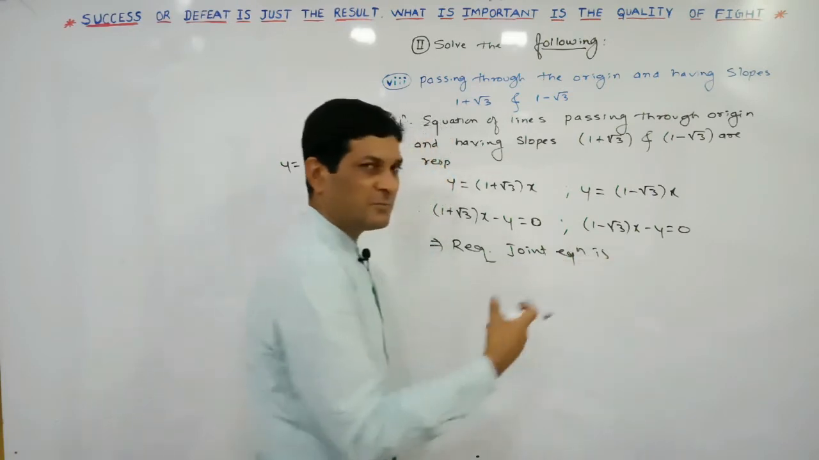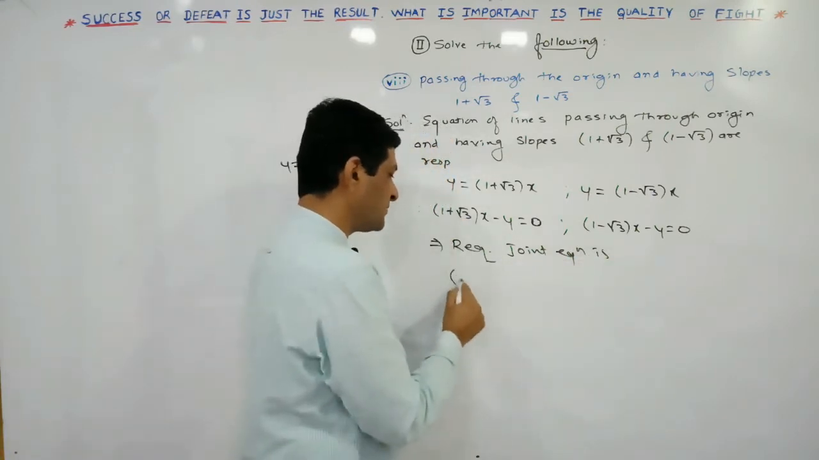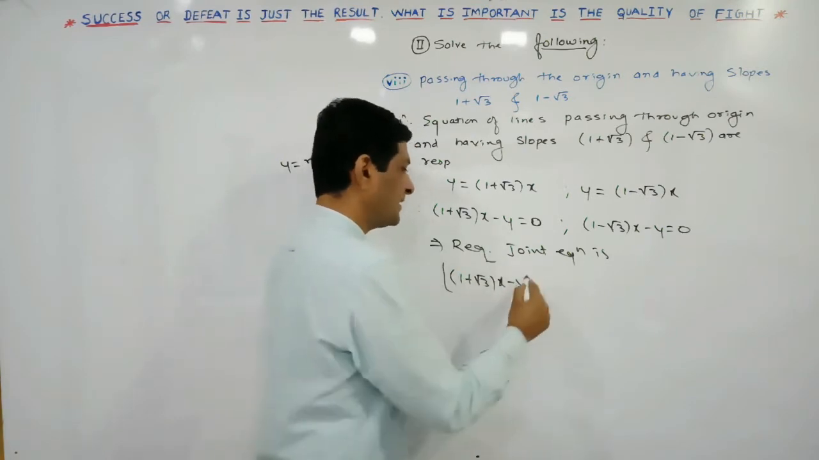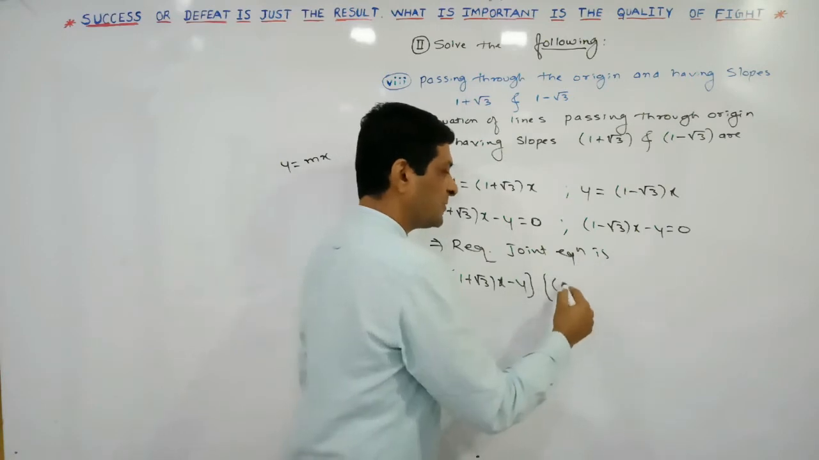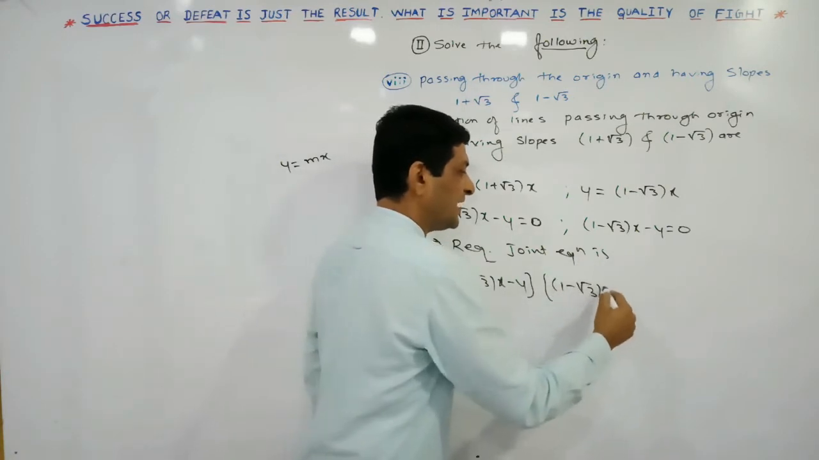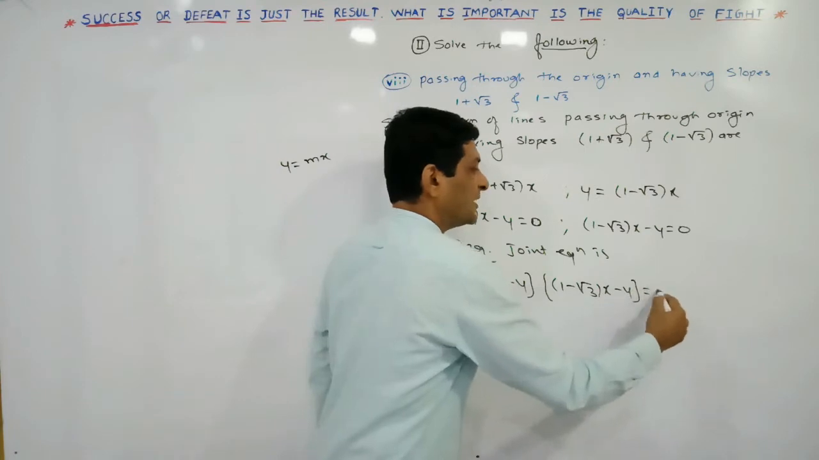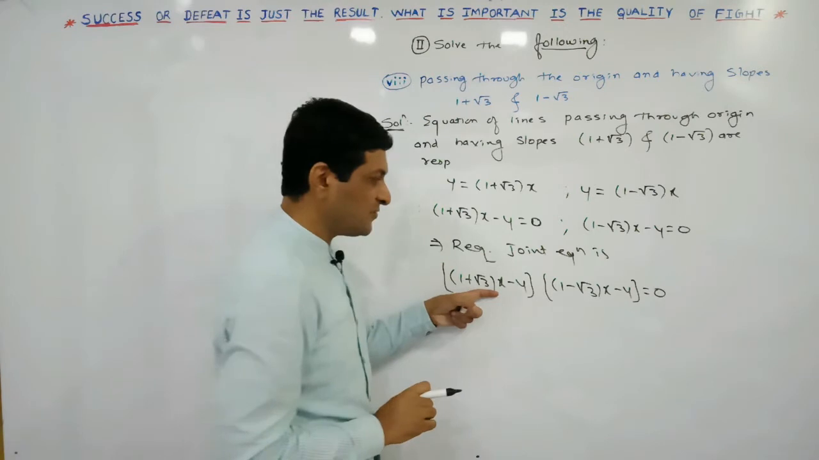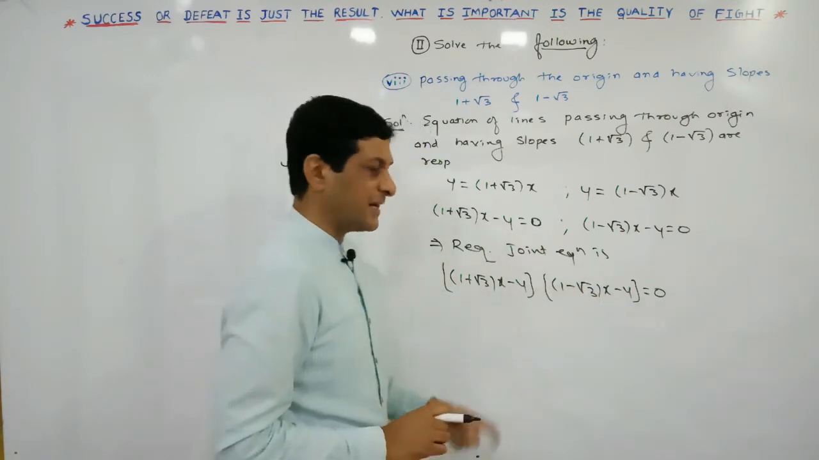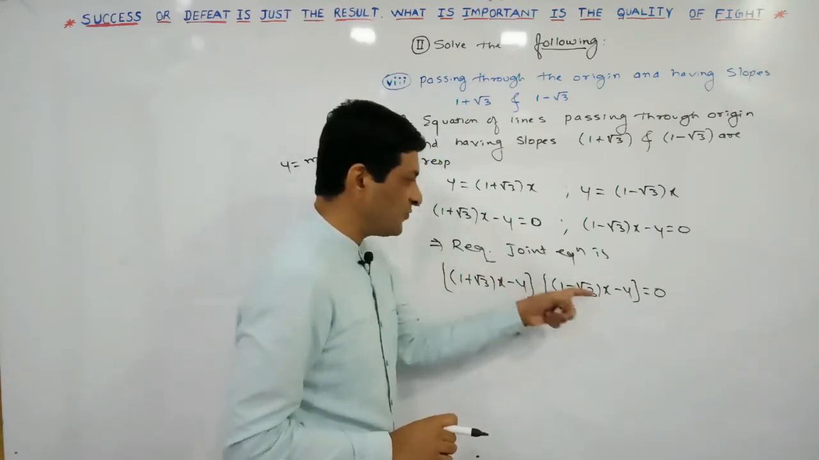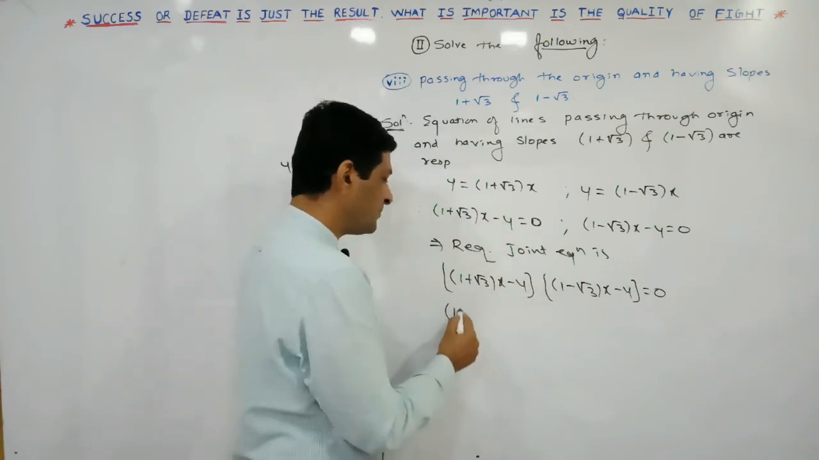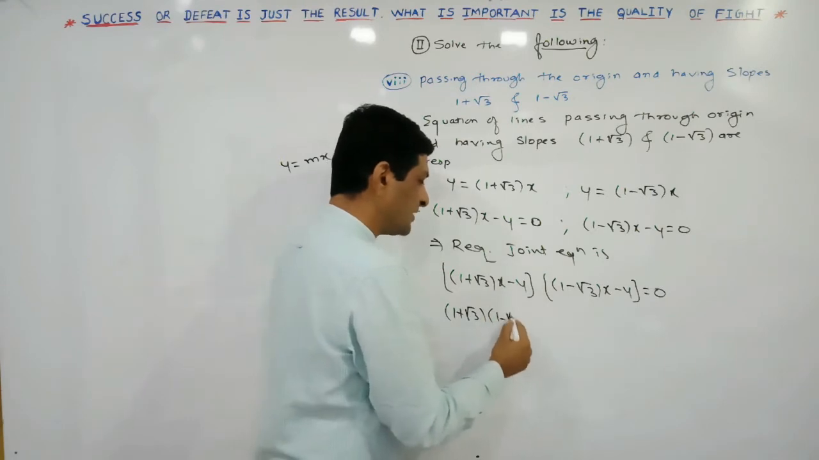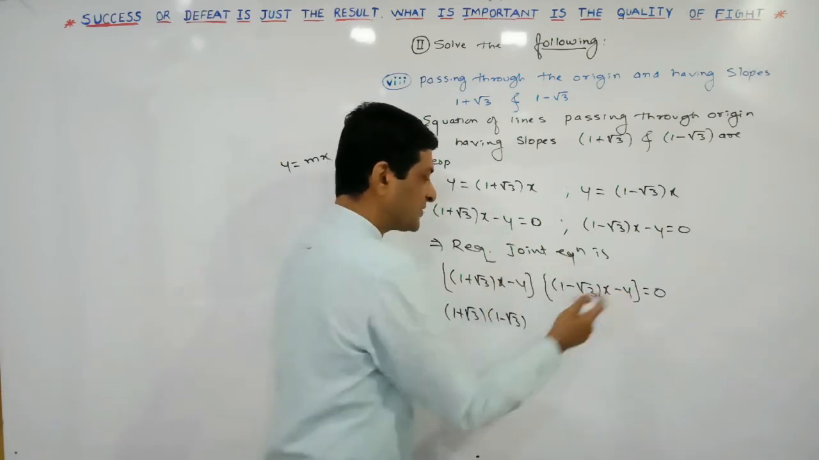is, just simply take the multiplication of these two equations. What is the first equation? (1 plus root 3)x minus y, into, write down the equation of the second line, (1 minus root 3)x minus y is equal to 0. Now take the multiplication of these two equations. First I am multiplying the first term to both the terms in this bracket. Let us multiply the first term. What will we get here? (1 plus root 3) into (1 minus root 3), and x into x will become